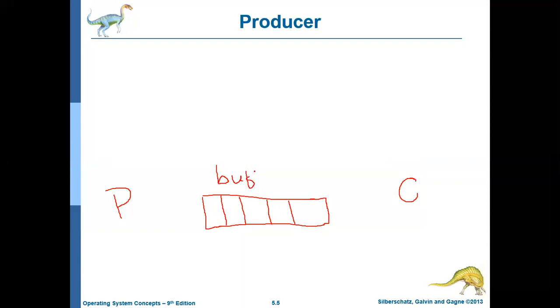One is the producer, the other one is the consumer, and the size of the buffer is 5, that is it can hold 5 data items, and there is a variable called counter. This variable is also shared between both the processes, producer and consumer. Initially the value of the counter will be 0, which means the buffer is empty.